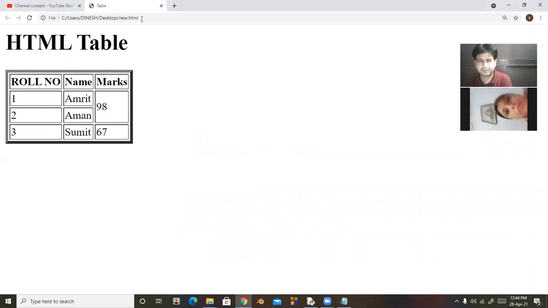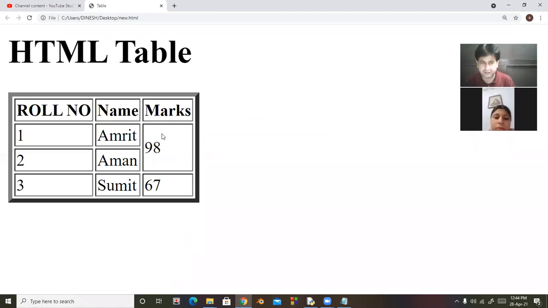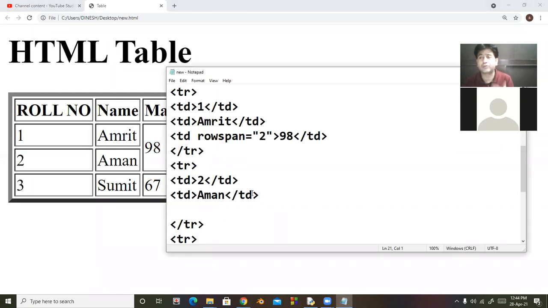Look at here. This is vertical merging. So whenever two, it means first row, second row, these are merging cells. तो आपने यहाँ पे देनी है row span.